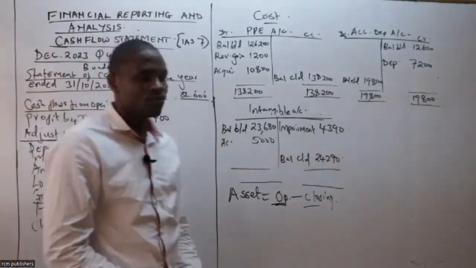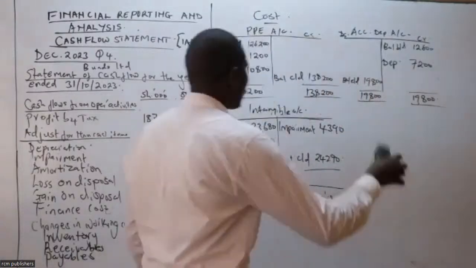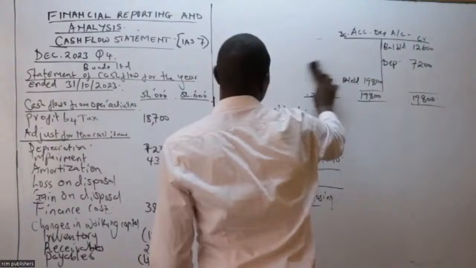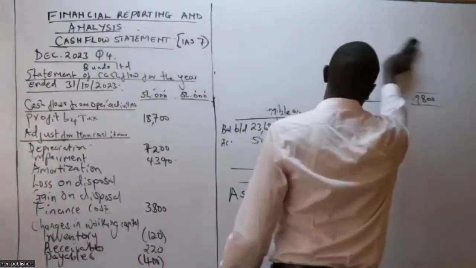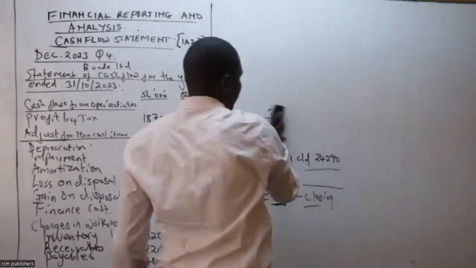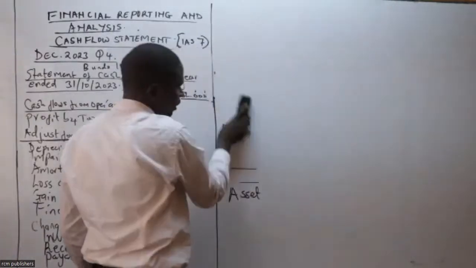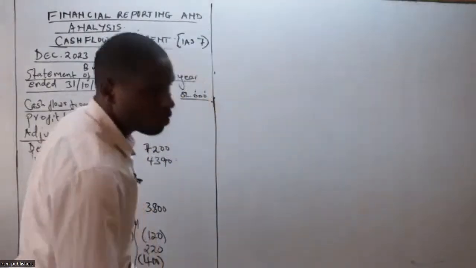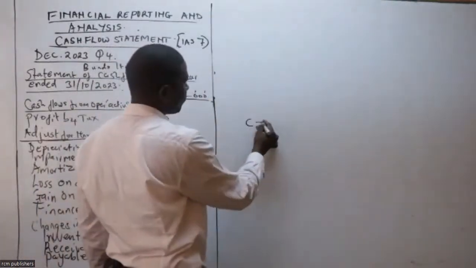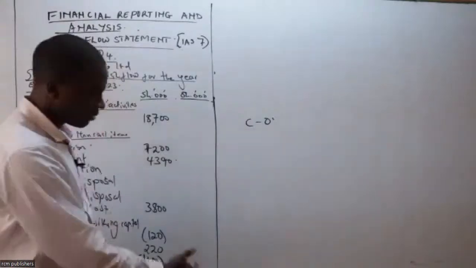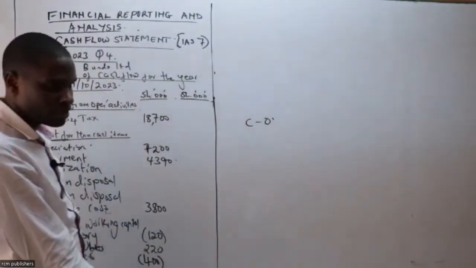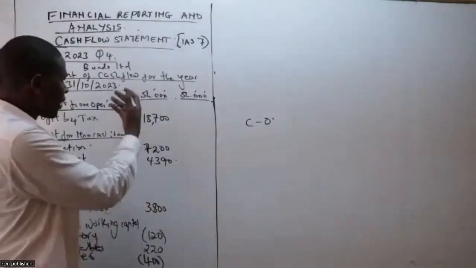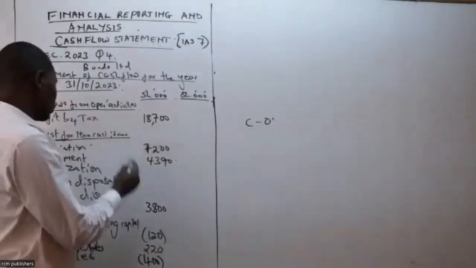Class, please confirm whether we are together up to that point. Just type Y for yes to show that we are together. That's just simple. For the payable, you do vice versa: it is closing minus opening. These are totally free marks. Now, in that spirit of adding up and subtracting,